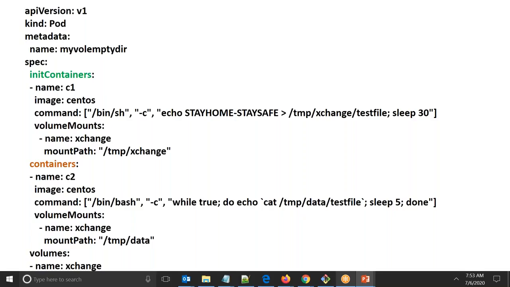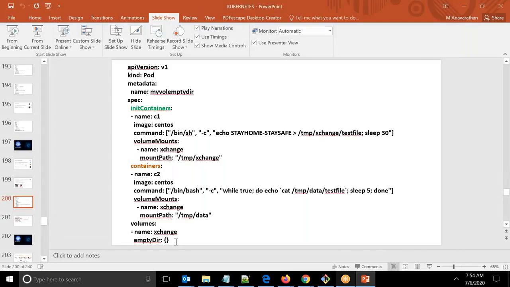So that is where we have only one main container. Now, if you want to define an init container, then just add a new keyword called initContainers. Under that, the same way like how we defined our spec of a container, you're going to define it. Now to show you this example,